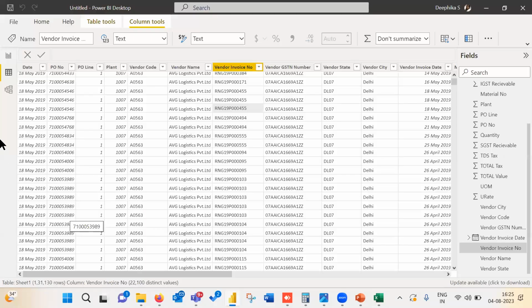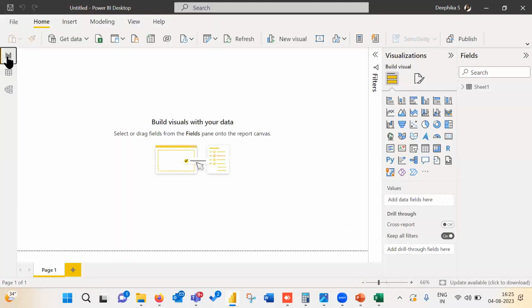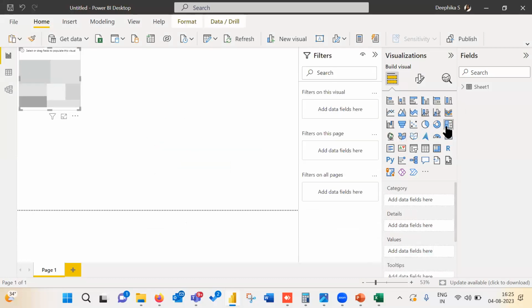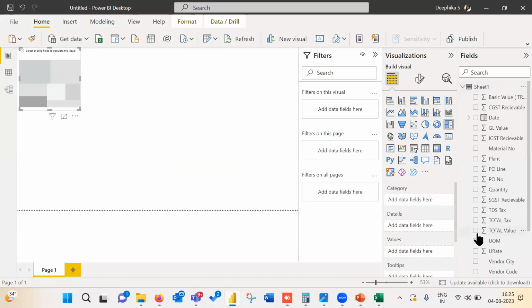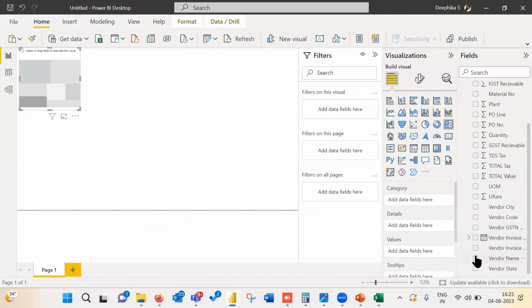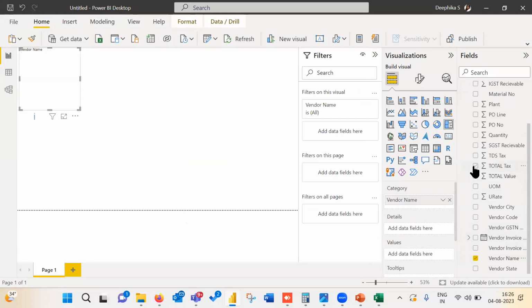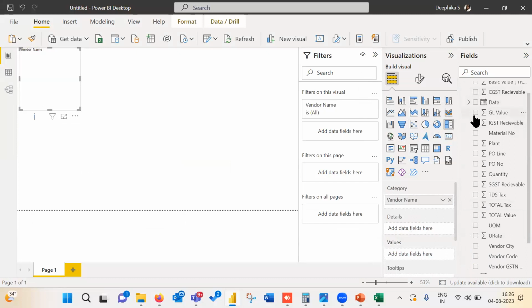From a visual, if you want to export, only the visual data will go. For example, let's say I'm building one area chart here based on this sheet. I want vendor name, vendor wise total amount, and total GL value.